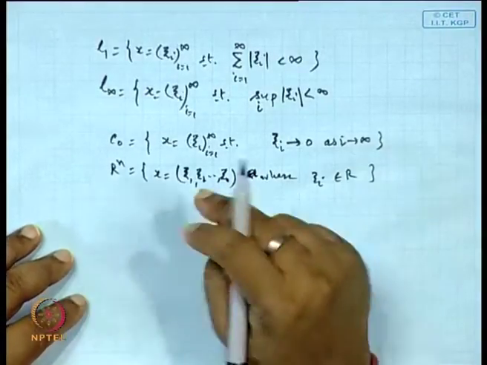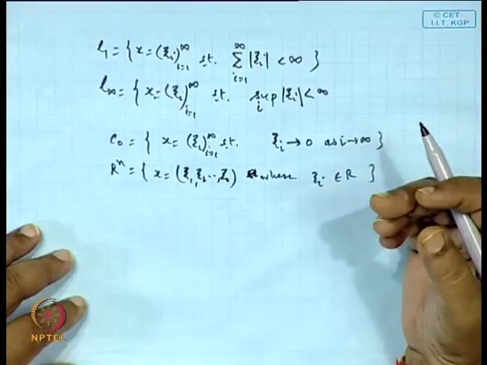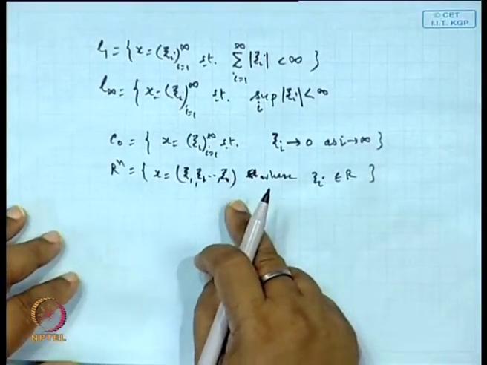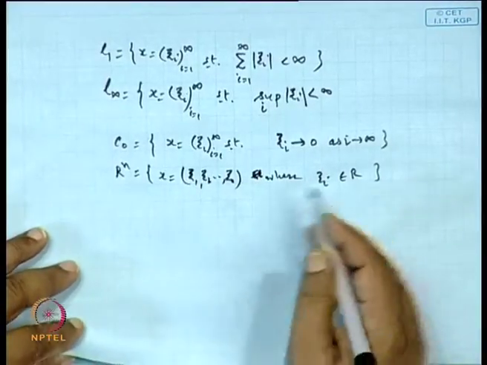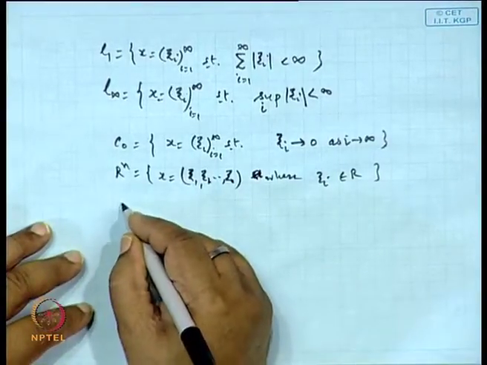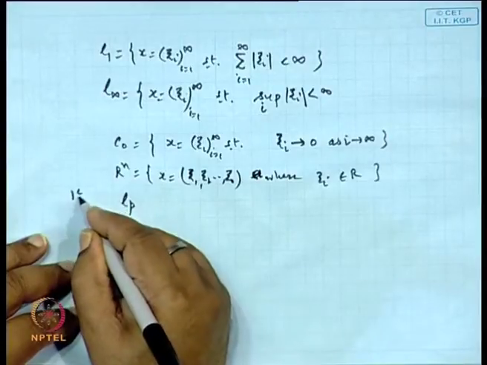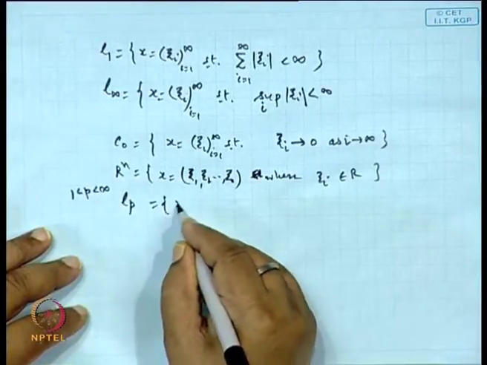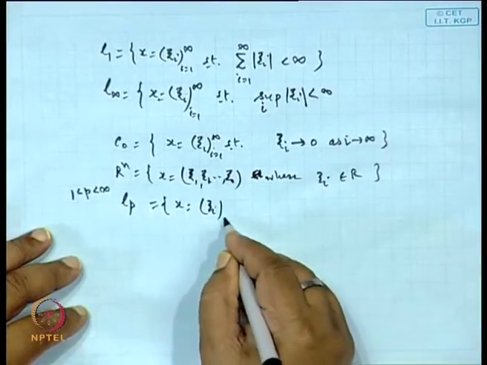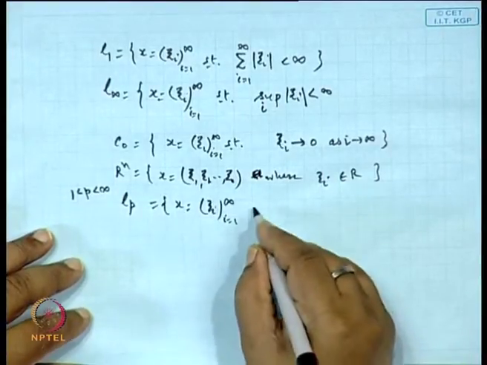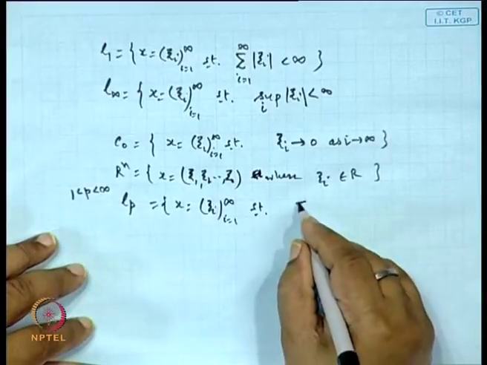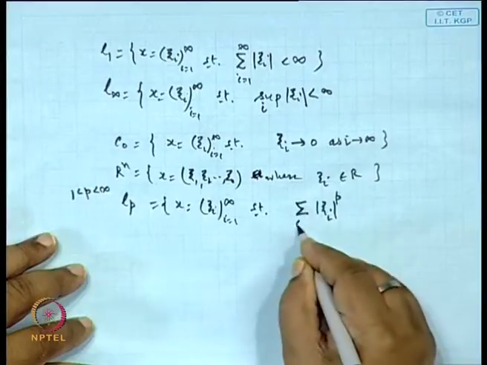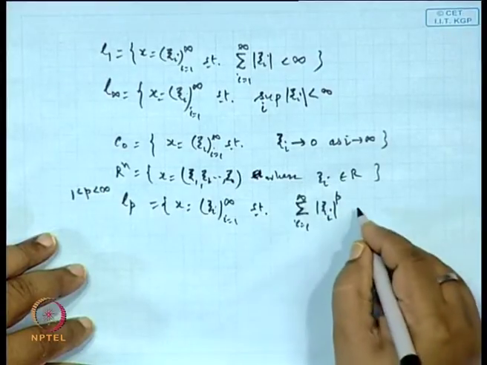The set of all n-tuples means points in the n-dimensional plane. This is Rn. Cn is the set of points in the n-dimensional plane where the points are complex numbers like this. So, here we have Rn, Cn, and Lp with 1 < p < infinity. Lp is the set of those infinite sequences x = (xi), i from 1 to infinity, such that the sum of |xi|^p, i from 1 to infinity, is finite.